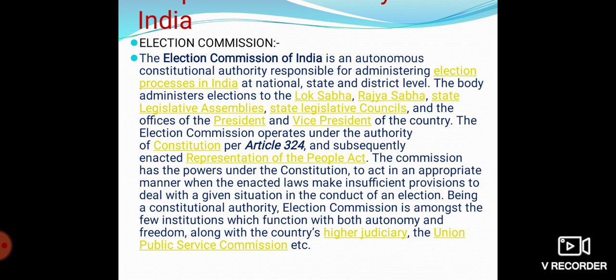The actual function of the Election Commission. One of the most important features of the democratic polity in India is elections at regular intervals. Holding periodic, free and fair elections is essential to a democratic system and a part of the basic structure of the Constitution. The Election Commission is regarded as the guardian of elections in the country.